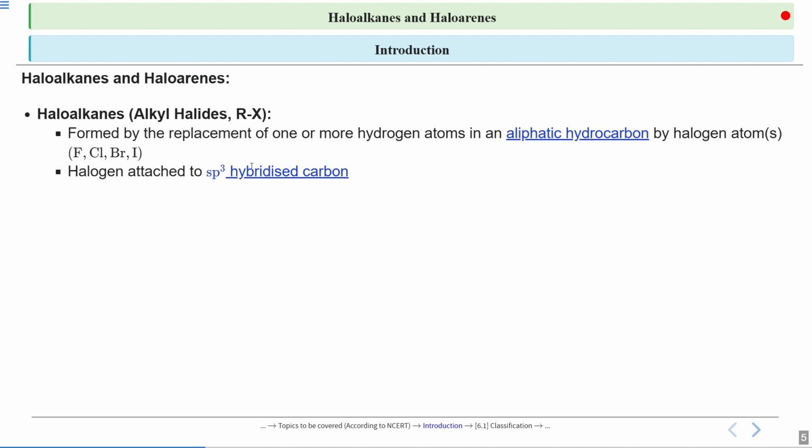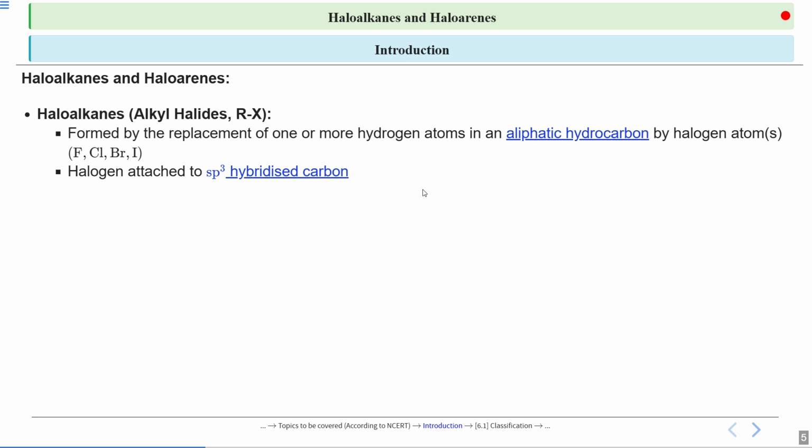The halogen is attached to an sp3 hybridized carbon, because we are talking about an aliphatic hydrocarbon. There are singly bonded carbon atoms present in the structure. So the halogen is going to bind after the removal of one hydrogen, with the carbon, which is an sp3 hybridized carbon. Okay, sp3, because if you see the structure, carbon has tetravalency. Carbon can bind through